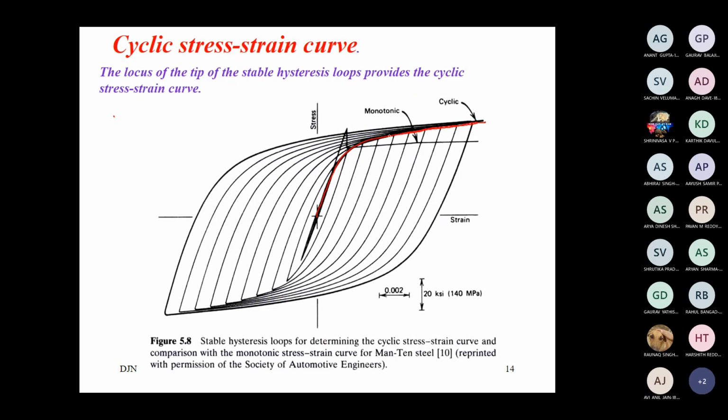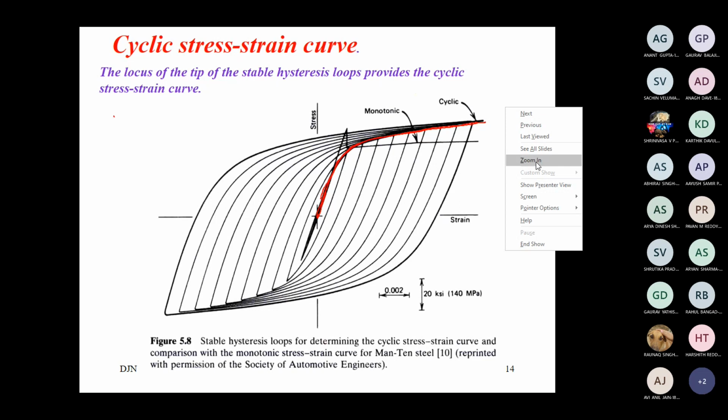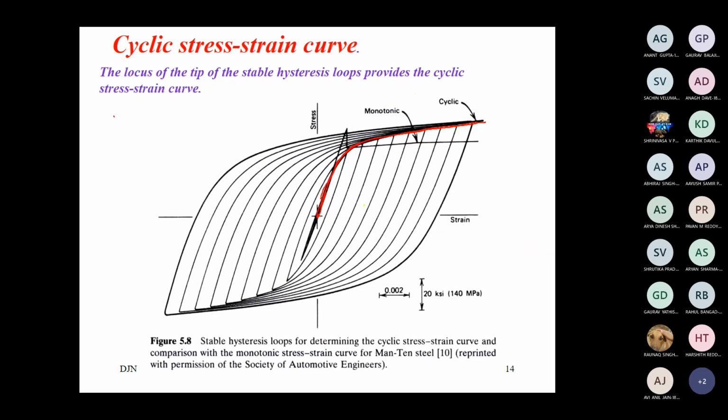In this case, you see, the CSSC curve is above the monotonic load curve. To some extent it is above, in some region it is low. Let us clearly make a note of that. Some other phenomena are also there, I will discuss soon with the next coming slides. You can see here, this is the monotonic curve, what I have marked here now with yellow color. Okay, you compare.